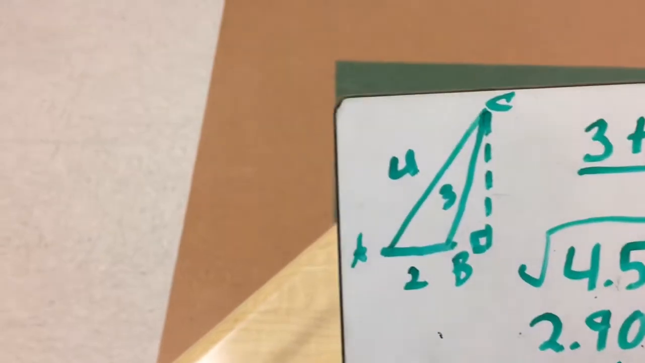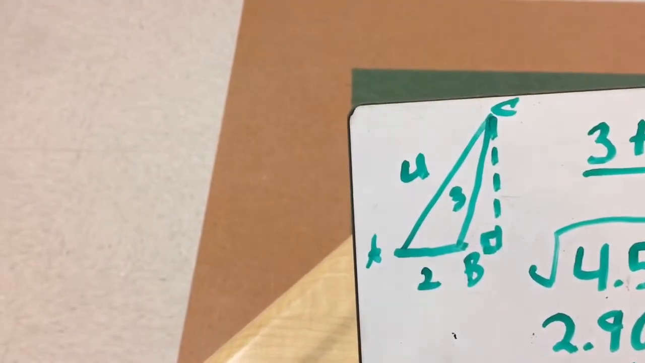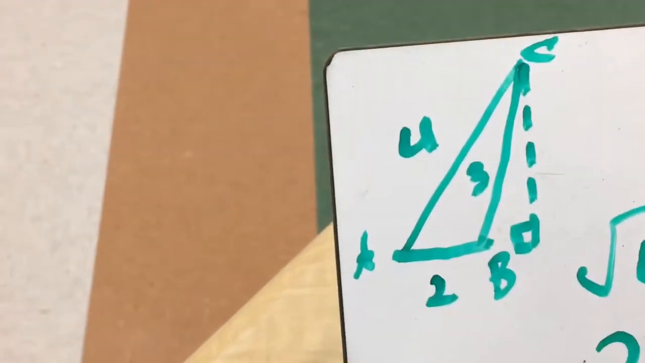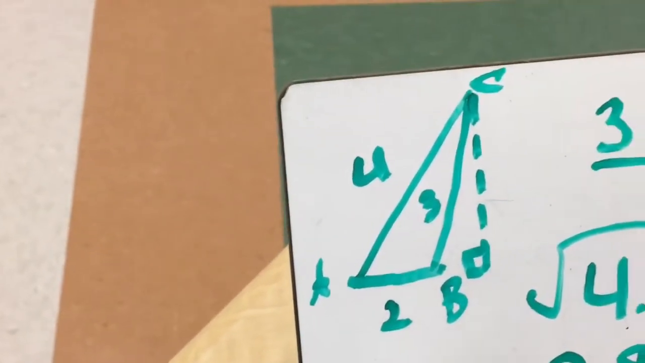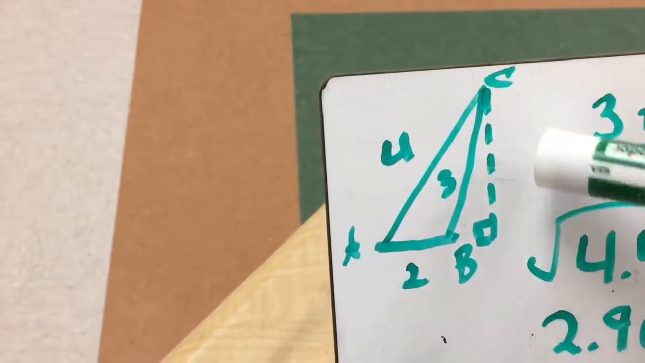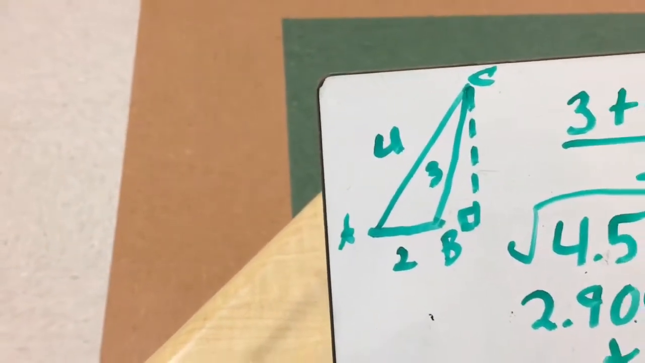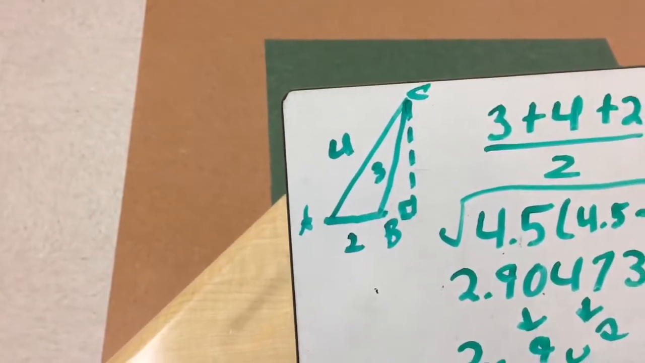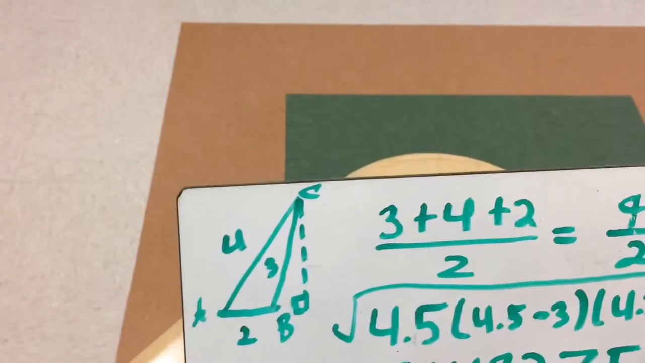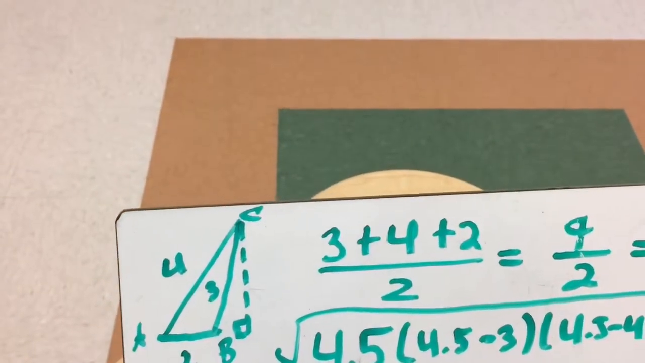All right, so for the next problem, essentially what we're going to be doing is finding the altitude. So we're going to be finding the altitude from angle C to side AB. And it does have to have a 90-degree angle when you put it down. So if it goes outside the triangle and looks like this, it's completely fine. So the first step to doing this is very similar to how we did it last time, solving for the area. So you're going to take your sides, 3, 4, and 2, and add them up,